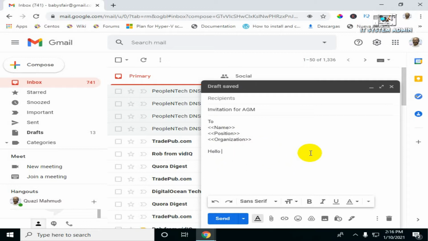Again you want to give the name of the recipient, so again double left arrow, name, double right arrow. Now you have to give the content of your email. I am giving a sentence just for example. You are invited to attend the AGM